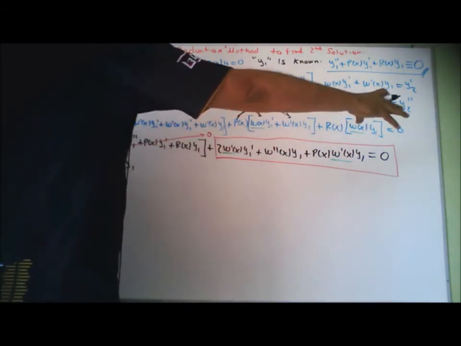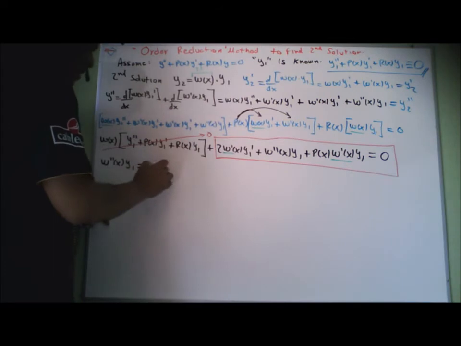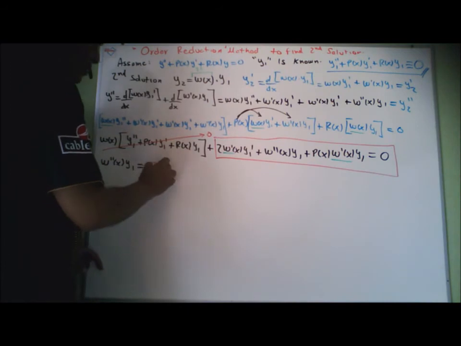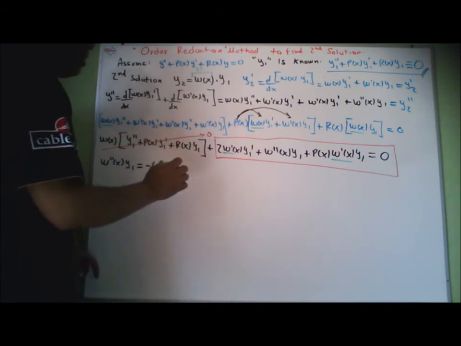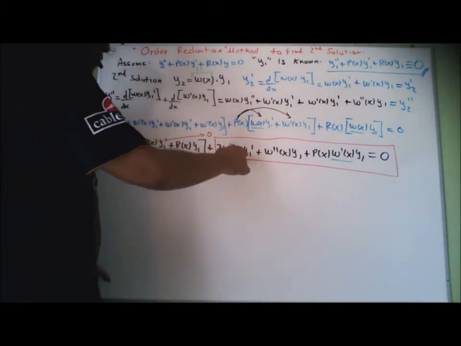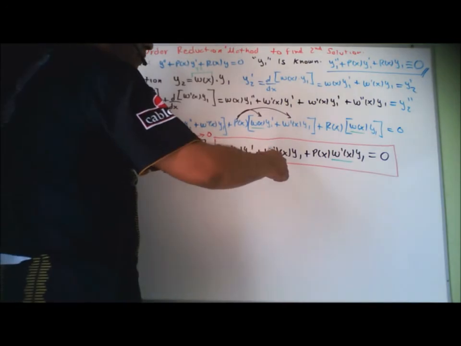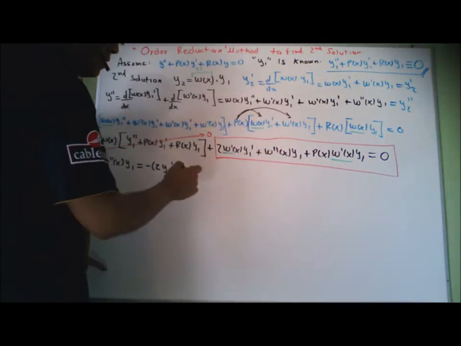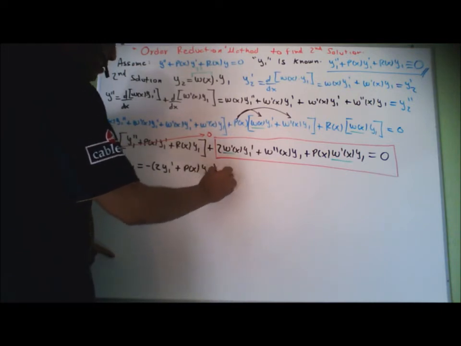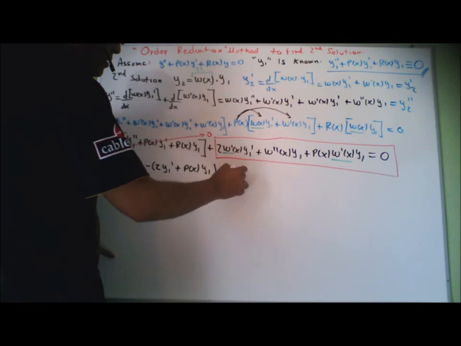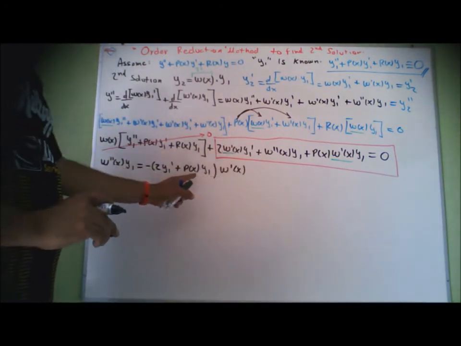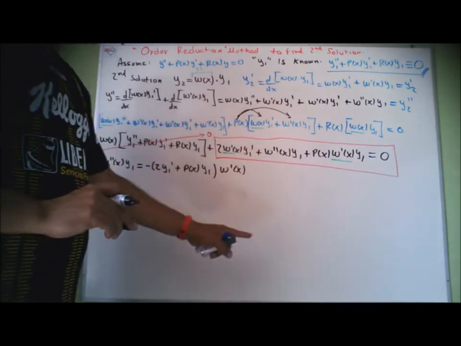Okay, the other to the other side, but negative, minus, and let's factorize the w prime of x. So it's going to be 2y1 prime plus 2y1 prime, and then plus p of x y1, and then w prime of x here. Let's check. So we have this number here, and this times this is here, and that to the